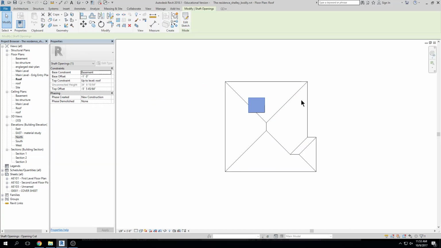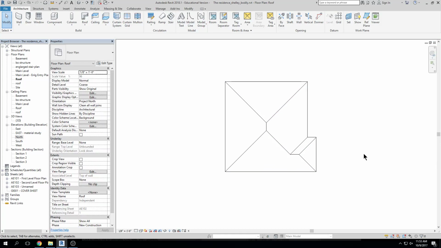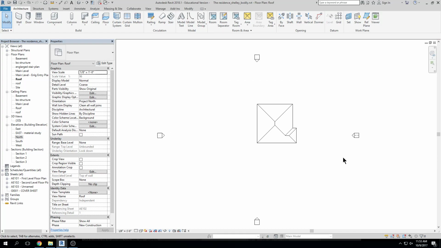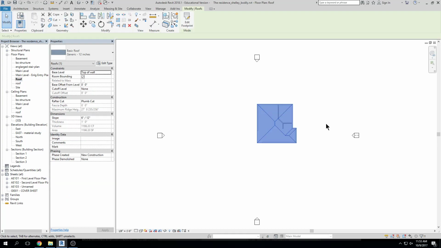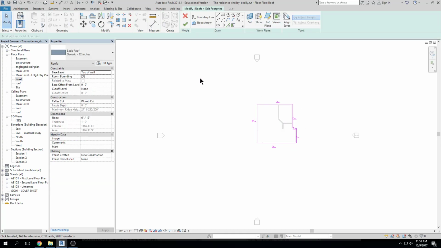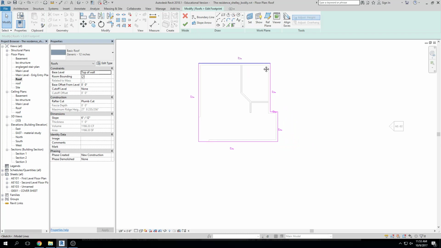I'm going to delete this elevator shaft right there. Okay, so here's our roof. Looks pretty good, right? I'm in my roof floor plan. We got it to view. I can click on it and I can hit edit footprint and I can change it if I want. Okay. Now,